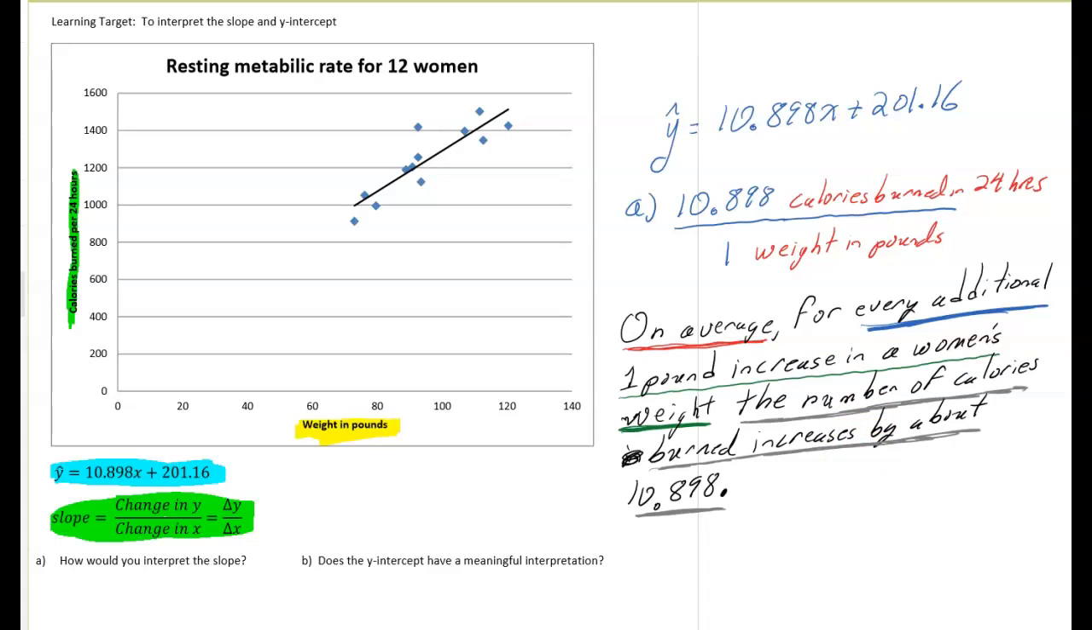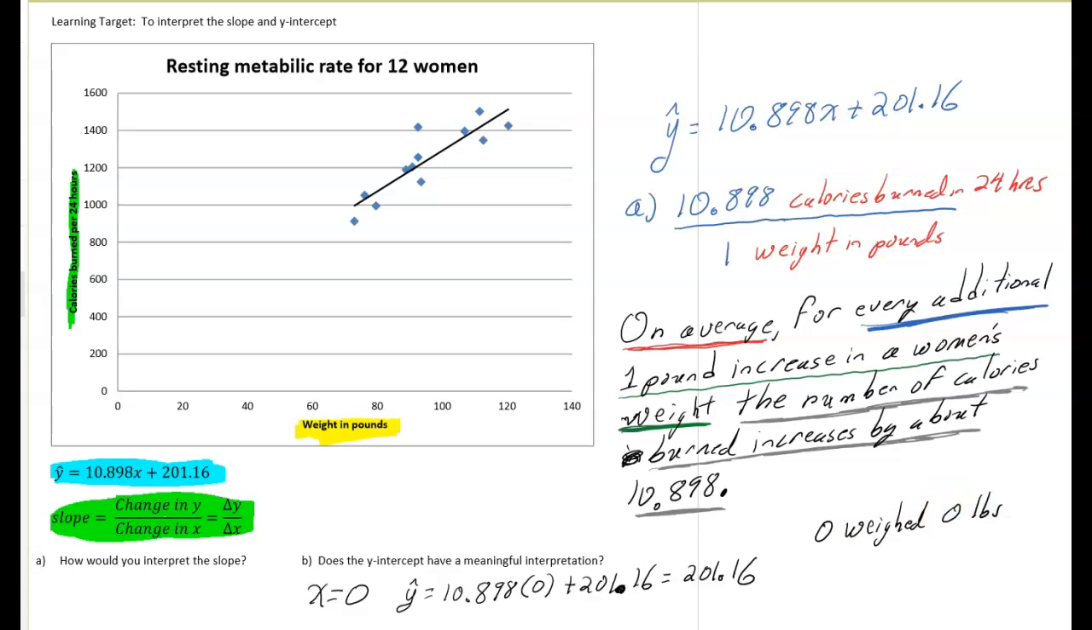Second part of this problem is, does the y-intercept have a meaningful interpretation? So again, that means x is 0. So if x is 0, y hat is 10.898 times 0 plus 201.16, which means it's equal to 201.16. So does it make sense if someone weighs, so they weighed 0 pounds,